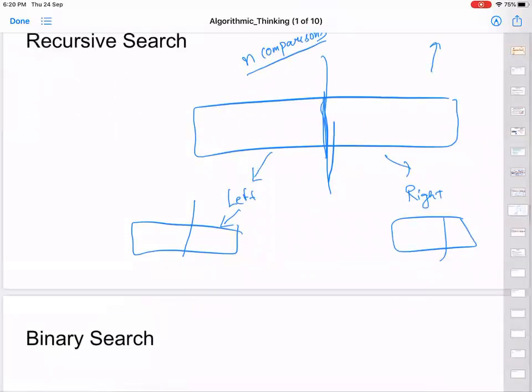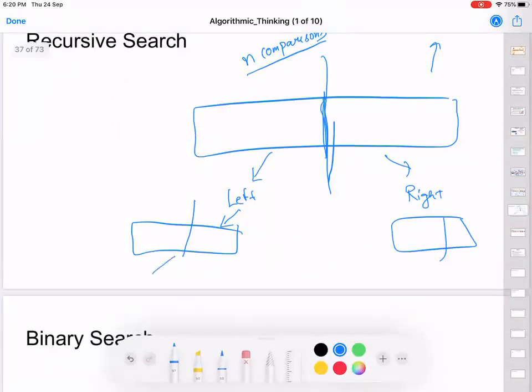So what will be the base case here? The base case here will be one person who is given just one element. So this array is breaking into two halves every time. So a time will come when there will be only one element in this array. And the base case will be, you give this array of size 1 to a person and you ask him to search the element, right? How will you actually implement it?